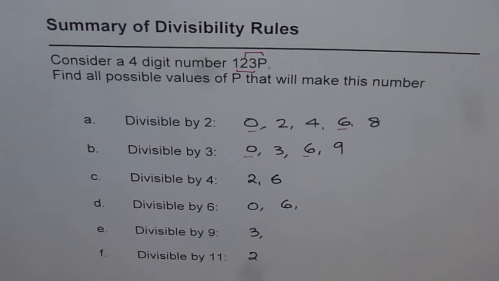Well, I left 5 and 10 for you. So you can figure out what should be the value of P so that this 4-digit number is divisible by 5 and is divisible by 10, correct? So you can do that,